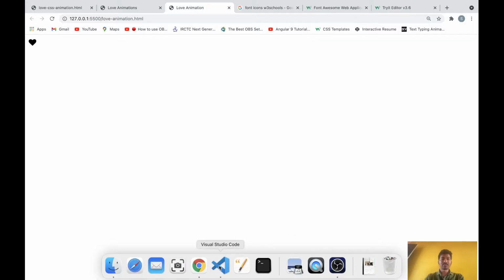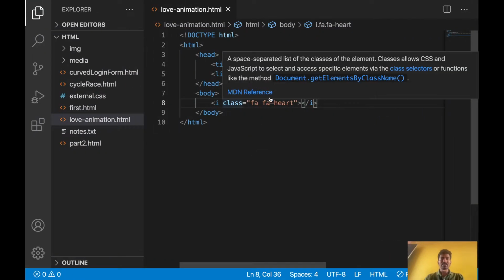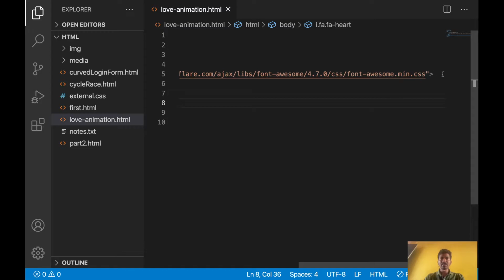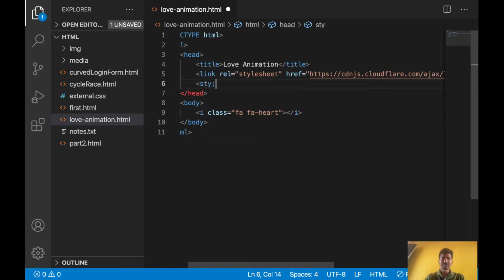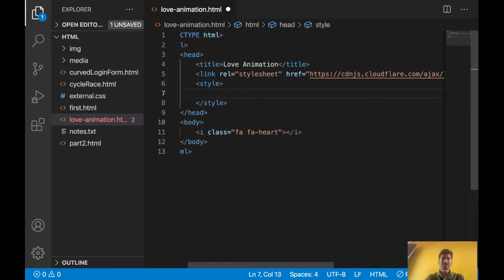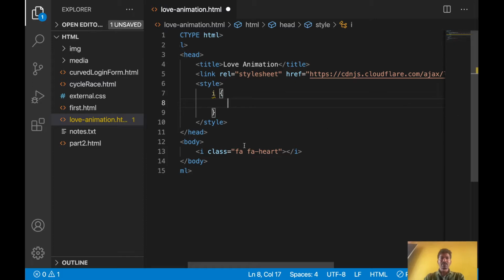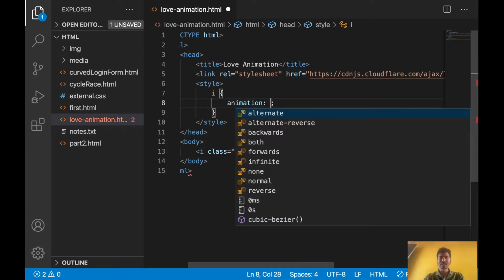Now let's go and add some animation for this one. All the CSS part we will write inside the style element. Let's write a style element, and here I used the i element for writing CSS. Let's write some CSS using animation.